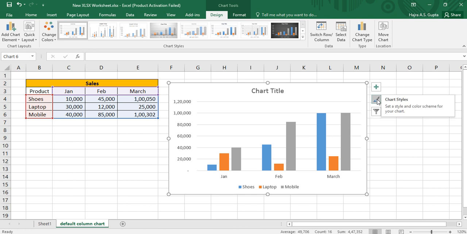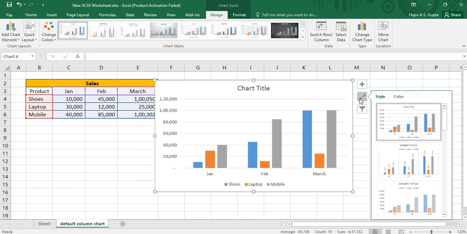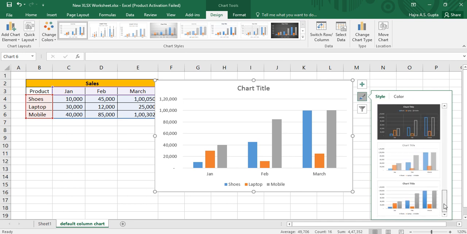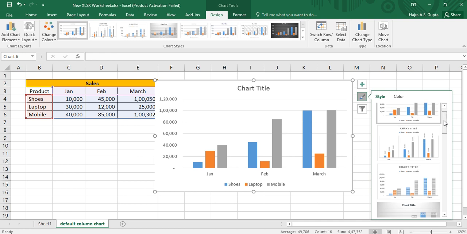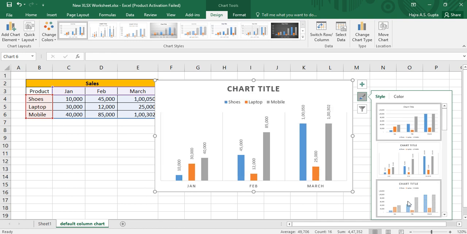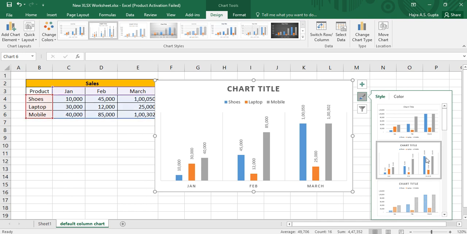First, see this small dialog box here. This is for using different chart styles. So when you click on this, you will have different chart styles showing up here. There's a whole list which you can use. So you can change the format. This is the default one. Then you can change it to this one, then the other one. So I prefer this one and I'm going to use this. This looks very classy and very professional. So I like this. Okay.